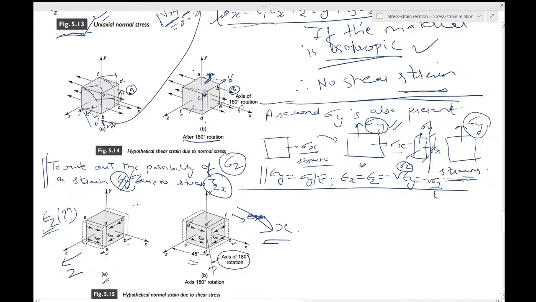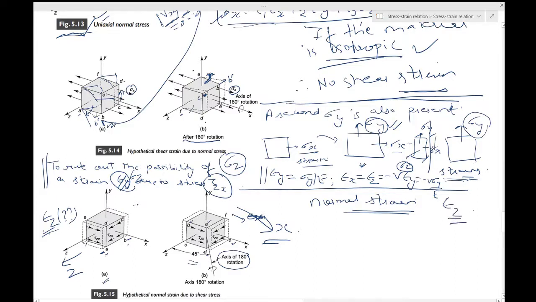And because the loading has not changed, this cannot happen in an isotropic material. So for this to happen, you cannot have a normal strain which acts. Okay, so you couldn't have had this epsilon z over here,